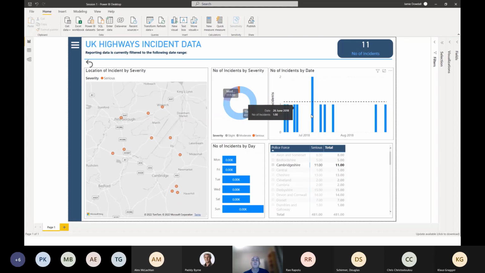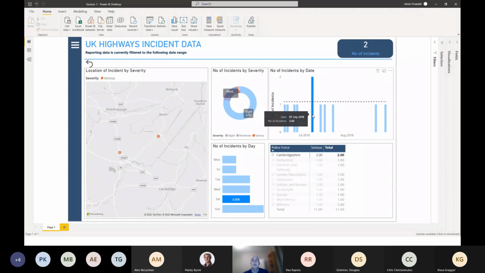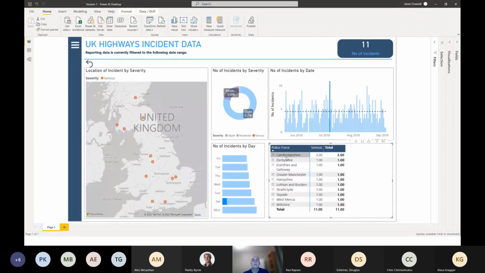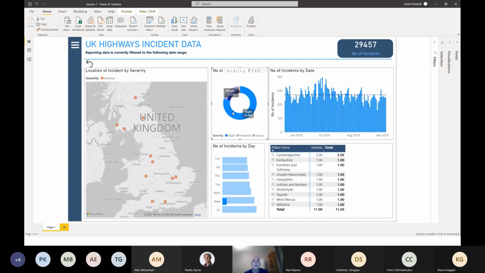If I was to click on a certain day and release the police force, as you can see for Saturday, we've got this number of severe incidents. These are called interactions. I don't like the interaction we've got on there. It's called a highlight interaction. We'll be working with interactions, but basically what they are is when you click